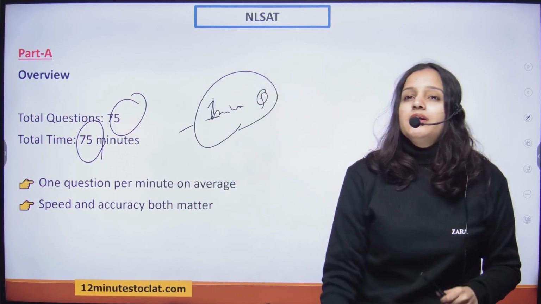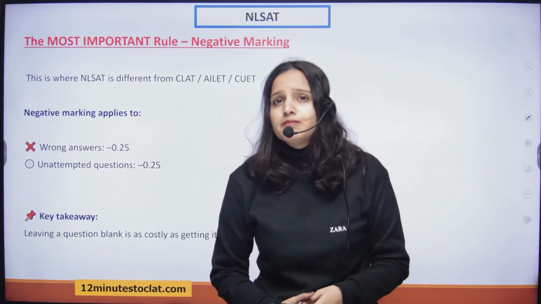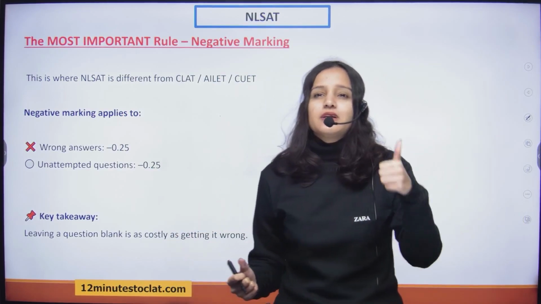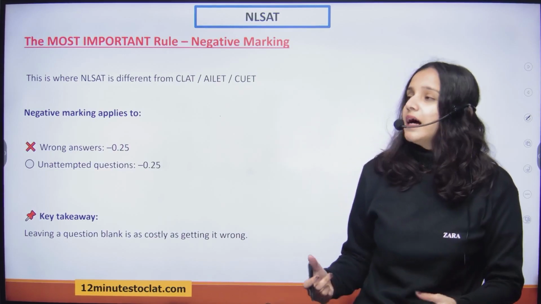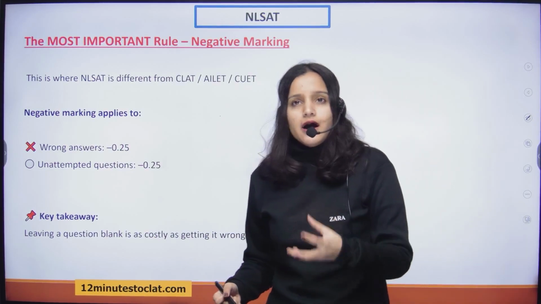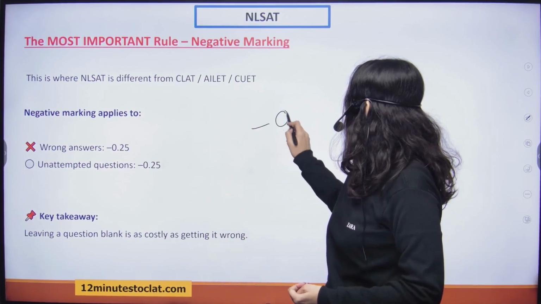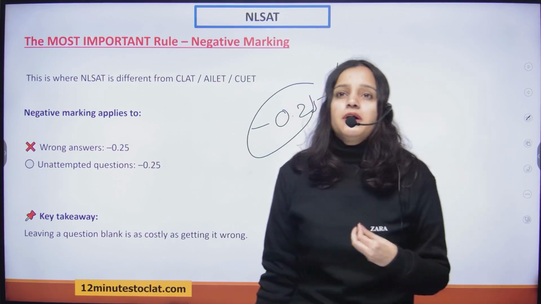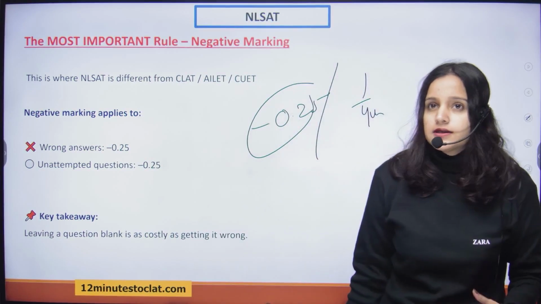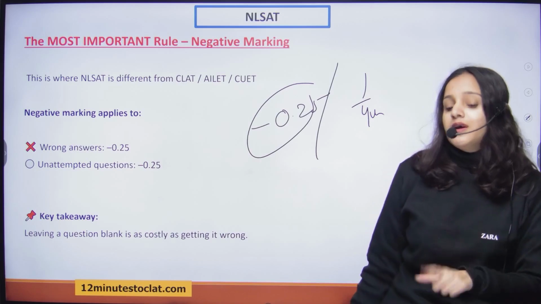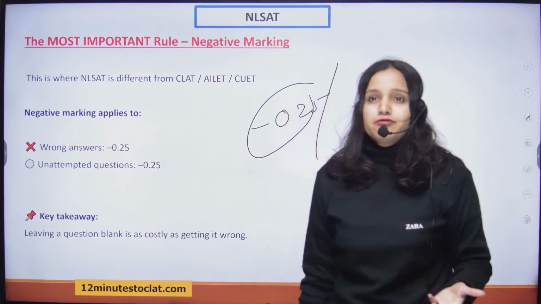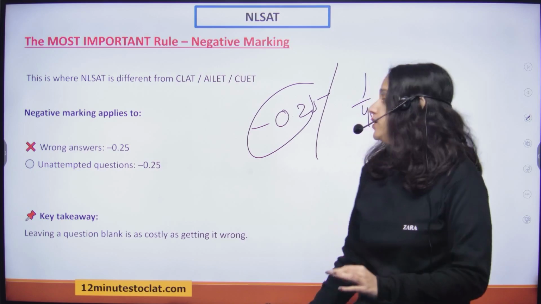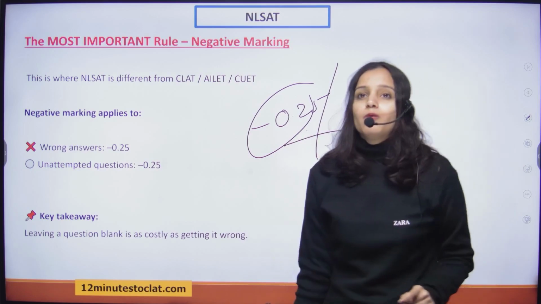Now, one important and peculiar thing about this exam, which differentiates it from CLAT, AILET, and CUET kind of papers, is that here, if you leave any answer unattempted, you get a negative marking of 0.25 or 1/4, right? So the tip here is, even if you're not sure of the answer, still attempt the question, because we don't know, maybe luck would favor you or it could be a fluke. But if you're leaving it unanswered, definitely you're gonna lose 0.25 or 1/4 of your mark.